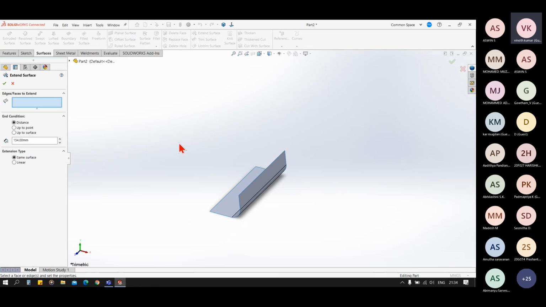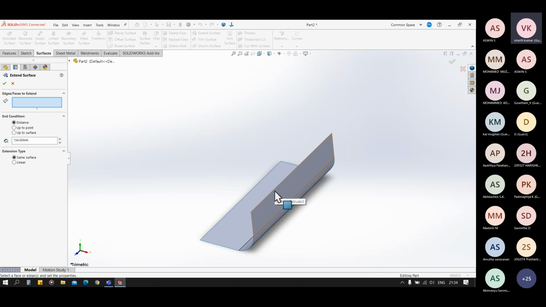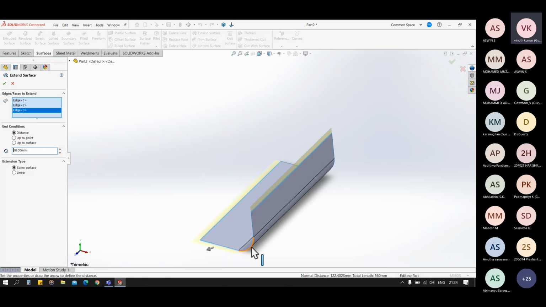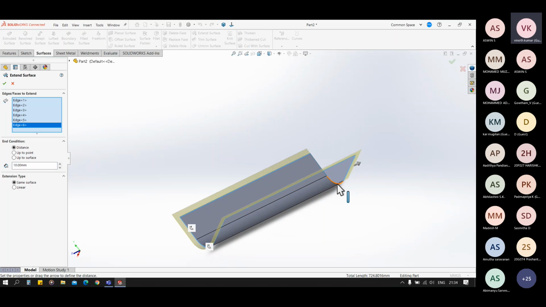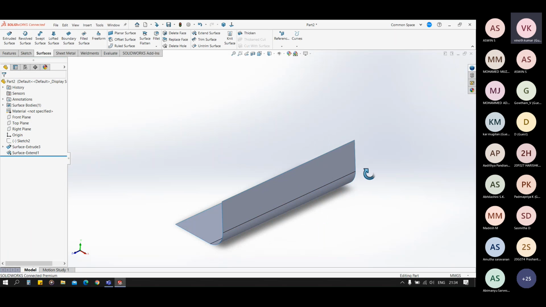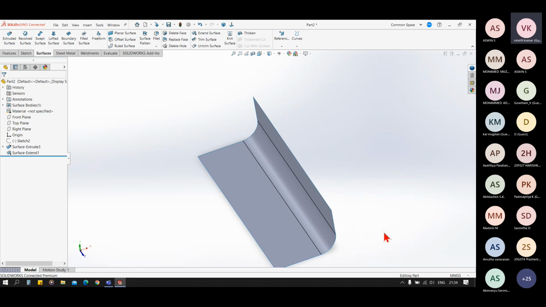Now we just have to select the edge which we want to extend and give a distance to it. You can see we are clicking on the extend surface and we are giving just the distance to it. We can also extend the surface.